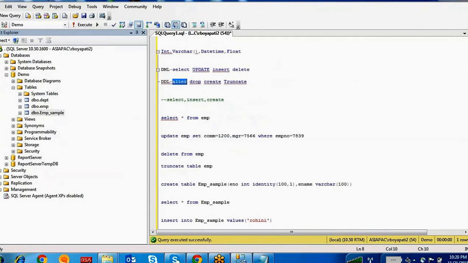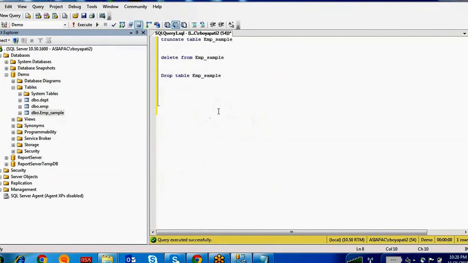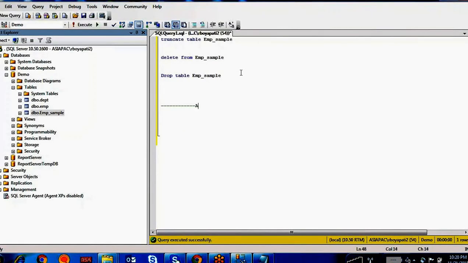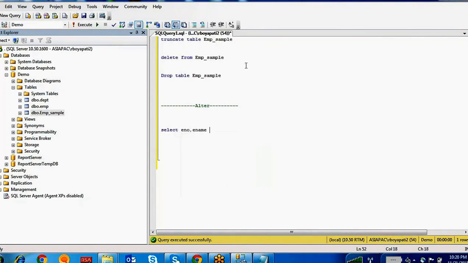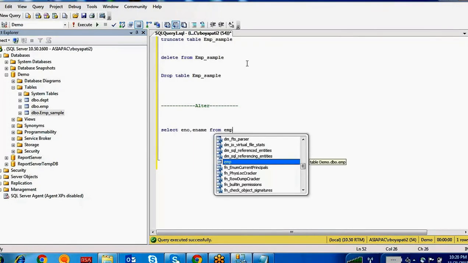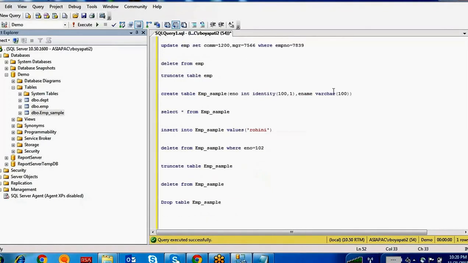So what about the alter statement? For example, if you have already created one table, the table is select employee number, employee name from emp_sample. So you didn't create, right? So I'm going to create the table.